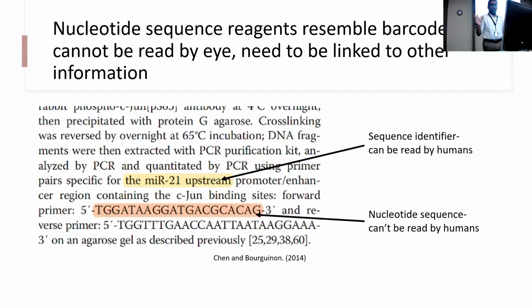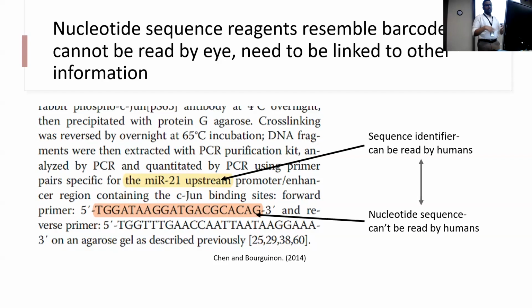So before we get into the question, a central feature or core component of cancer research is the study of genes. But genes themselves are essentially nucleotide sequences, and so we rely on reagents that are also nucleotide sequences to study them. But as you can see from the board, these reagents are not visually intuitive. They're like barcodes, and so we often rely on an in-text descriptor that tells us what these reagents are.